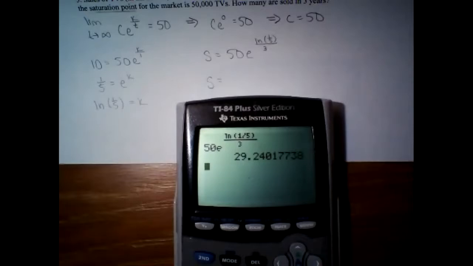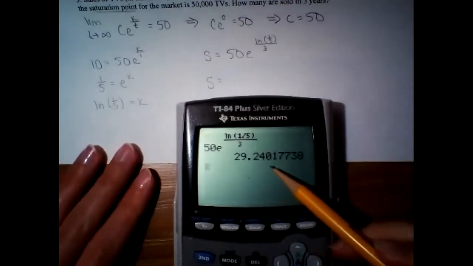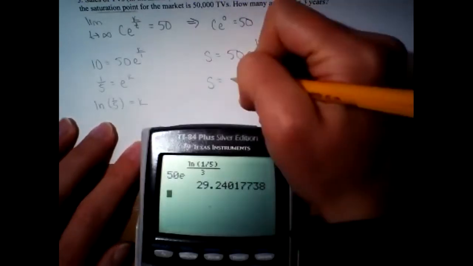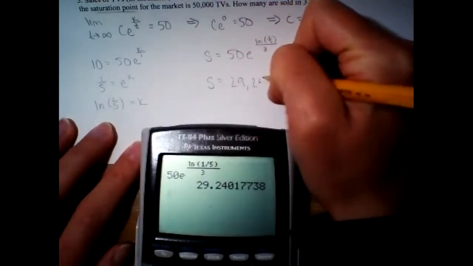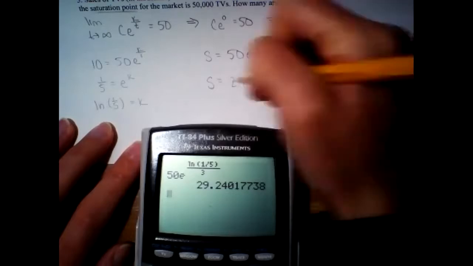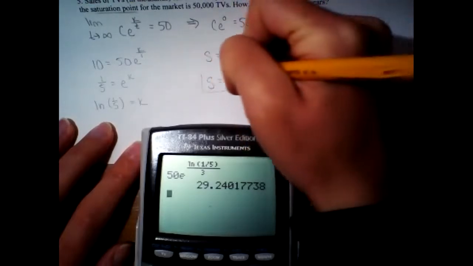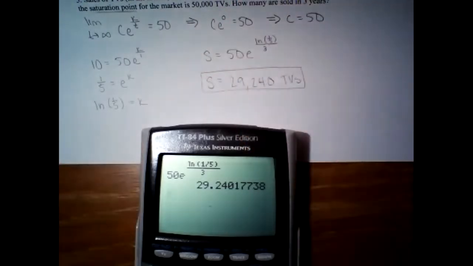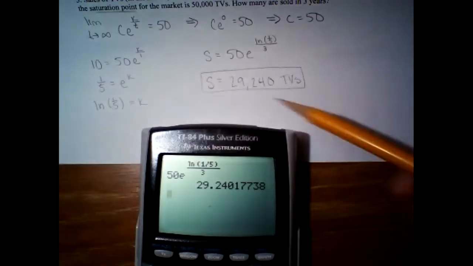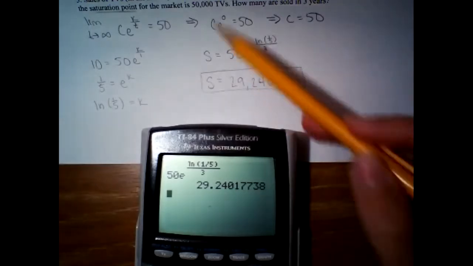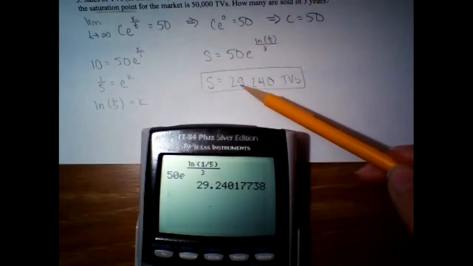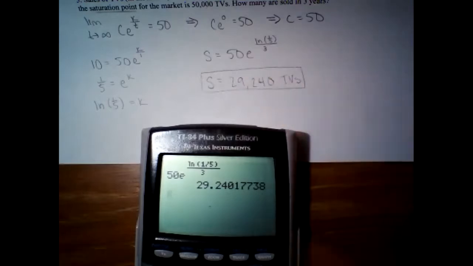Now you did not sell 29 TVs. Remember, it's in thousands. And I'm going to round to the nearest whole TV. I will not do a decimal point of a television because that would just be sad. That would mean you broke it into pieces. All right, so it's going to be 29,240 TVs. And that kind of makes sense because the saturation was 50,000. So it's like we didn't quite make it to 50,000 yet. So you still have a few more years to be able to